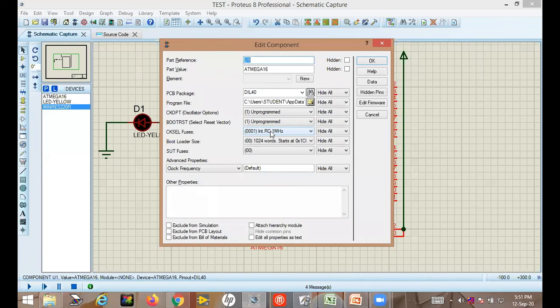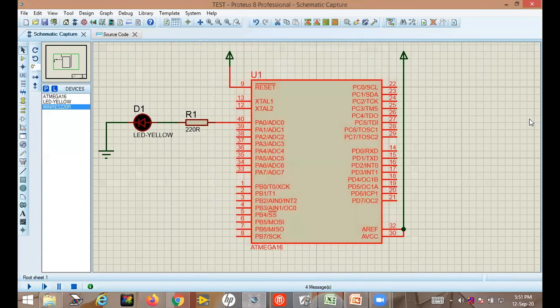Clear, everyone? If you want to run this microcontroller beyond 8 megahertz, then you have to connect one external crystal oscillator. Look here, two crystal pins are there, pin number 13 and 12. Between these two terminals, you have to connect one crystal oscillator, let's say 16 megahertz or 12 megahertz. The crystal oscillator of that value needs to be connected. Then only will that microcontroller run at that clock. Okay? Is your doubt clear or not?